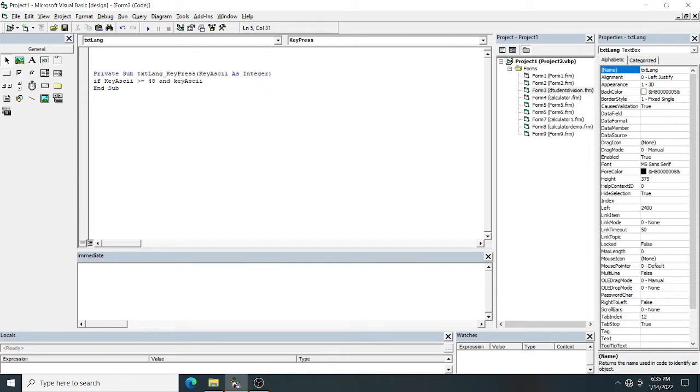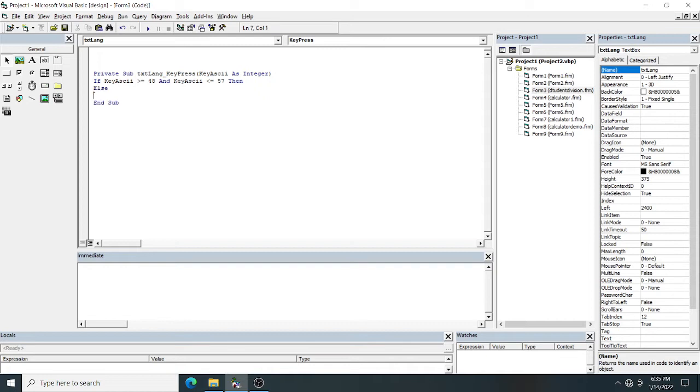So it is the range from 0 to 9. If you are entering any character from 0 to 9, this is the condition, and there is no need to specify any statement in the if part. You just go to the else part.